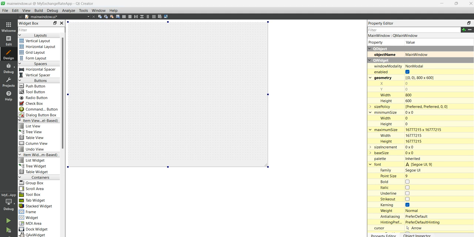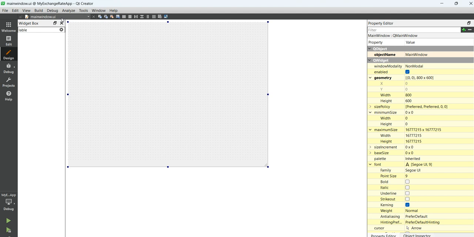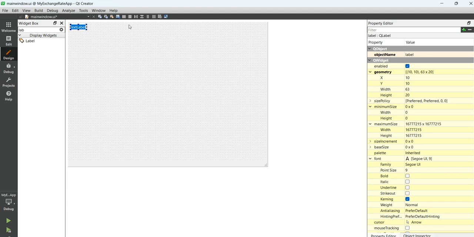Now for the UI, let's create a label, and this label will say source country, and then I can copy paste this one and say destination, and to get the list of countries,